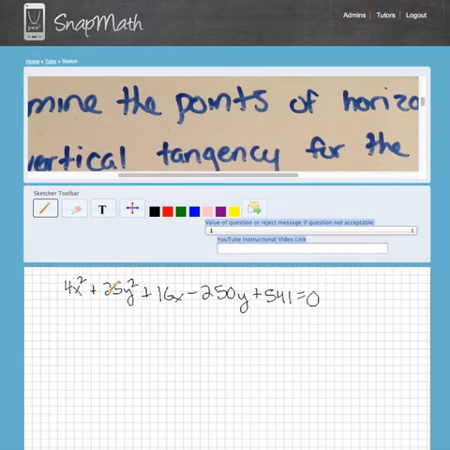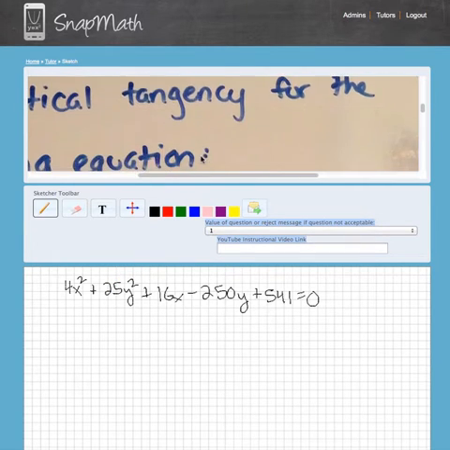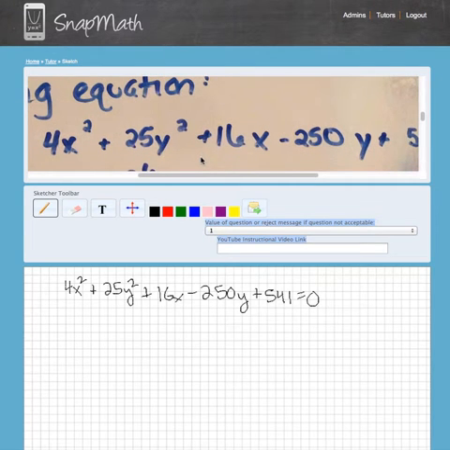The first question asks for the points of horizontal and vertical tangency for the graph here. What we're going to do first is take the derivative. So we're going to get 8x plus 50y, but since you're taking the derivative of y, you have to do the chain rule, so we go times y prime, plus the derivative of that 16 minus 250 y prime, and then the derivative of a constant is 0, so